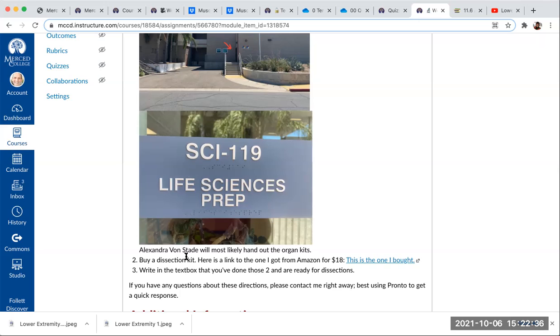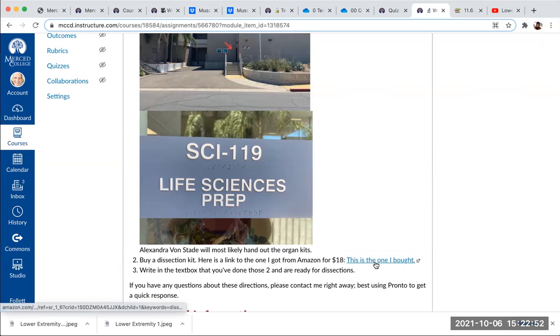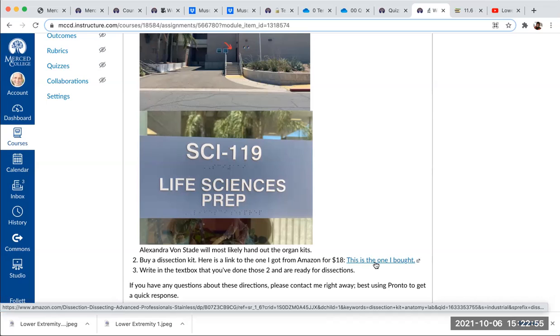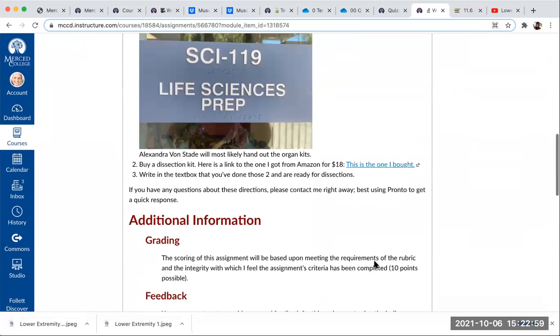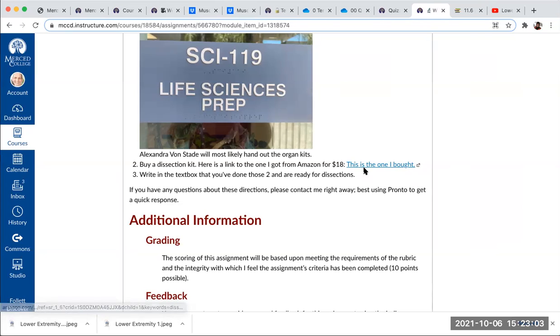The second thing you need to do is buy a dissection kit. That's the scalpel and the scissors and so forth. You don't need to buy it if you already have one, but if you don't, I found one on Amazon that I like, that I ordered. It's about $18, and I made a link right here that you can just click on to get to that kit. Once you've done those two things, pick up the organ kit and pick up or order the dissection kit,